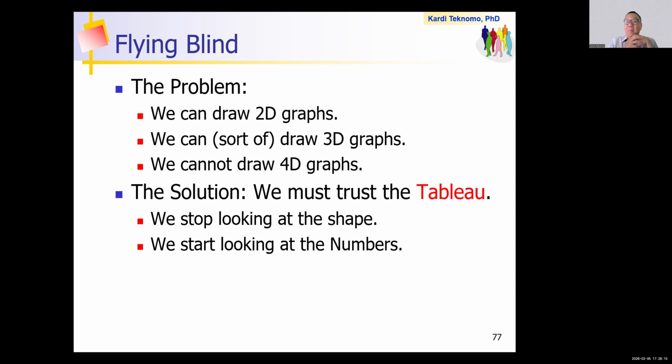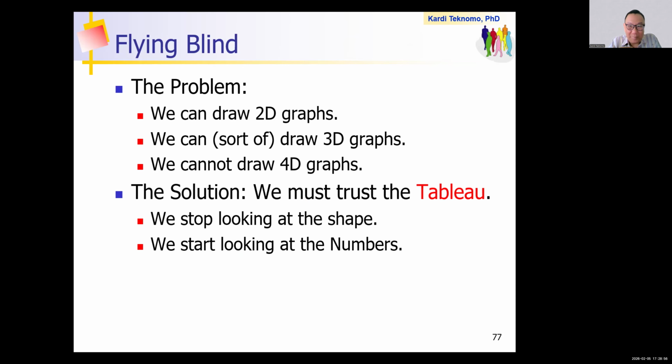Now here is the scary part. Once we go above two or three variables, we cannot draw the visible region anymore. We will exist in what is called hyperspace, say four-dimensional hyperspace and n-dimensional hyperspace. Our brain cannot see it, so we are flying blind. We can no longer check the graph.